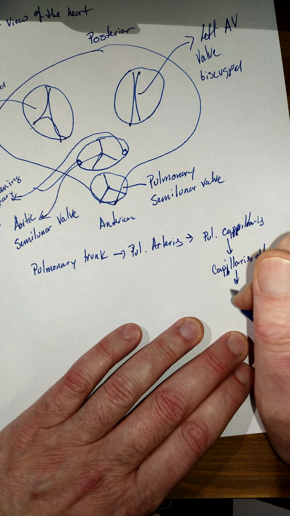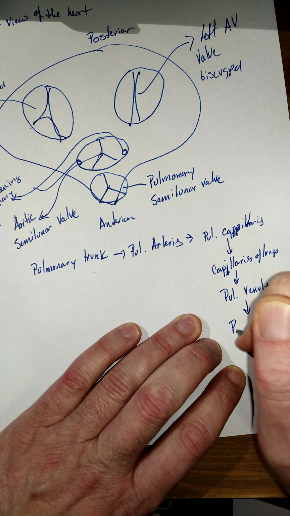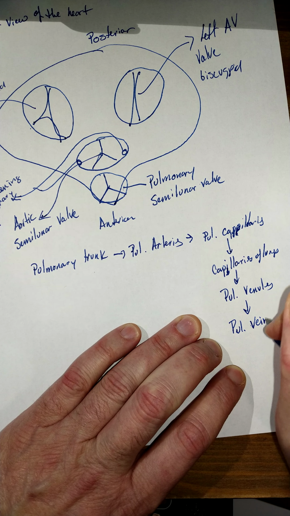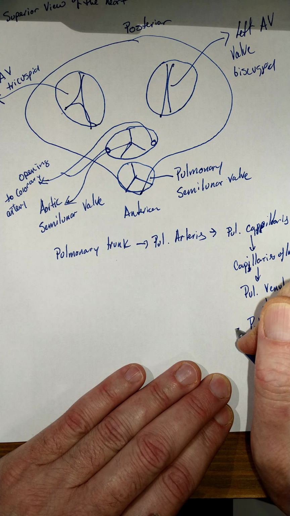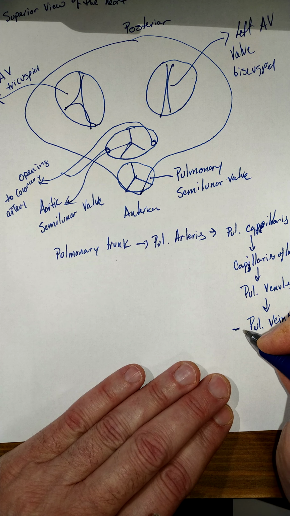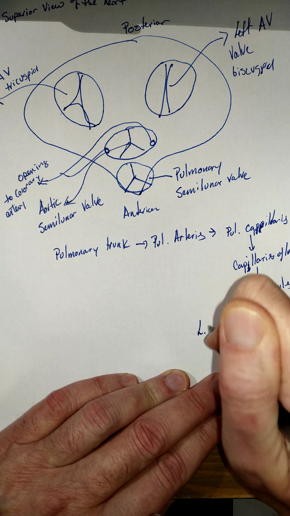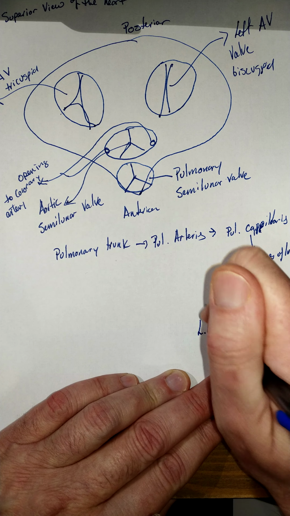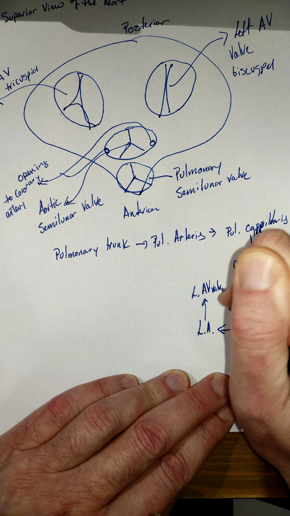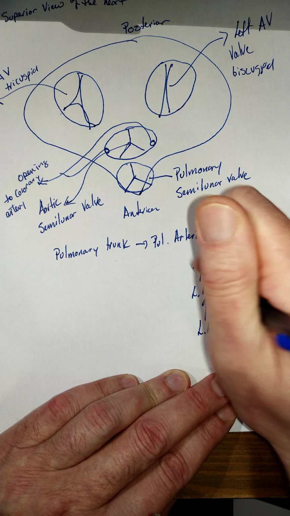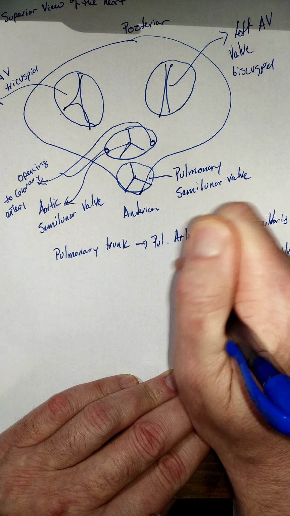And then we get to the venules, pulmonary veins, and then we return our blood to the left atrium, left AV valve, left ventricle, aorta,